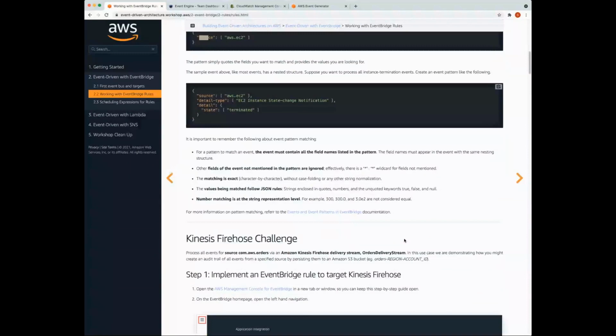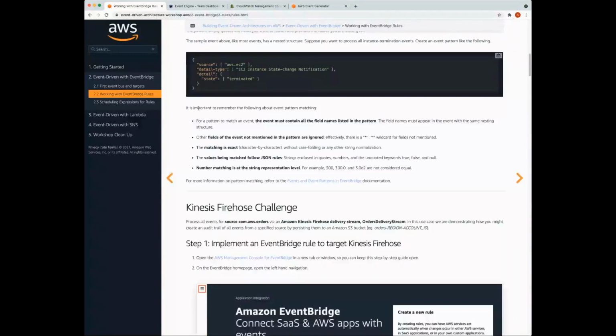So here are some important things to remember about event pattern matching. For a pattern to match an event, the event must contain all the field names listed in the pattern. Another thing to remember is other fields of the event not mentioned in the pattern are ignored. So there's effectively a wildcard for fields not mentioned.